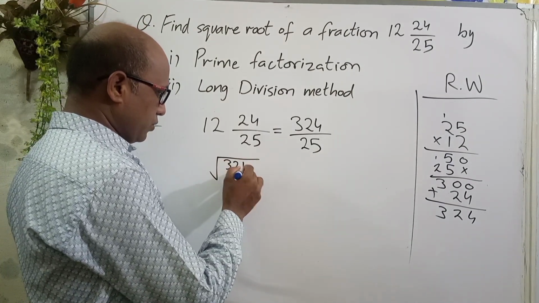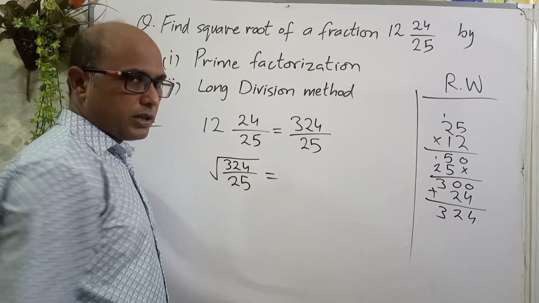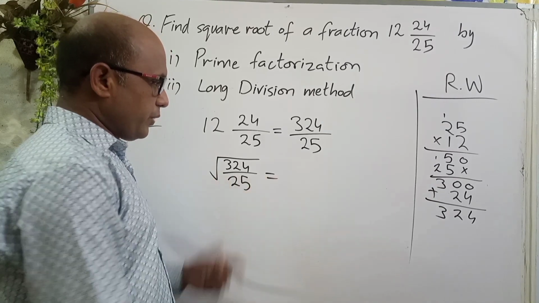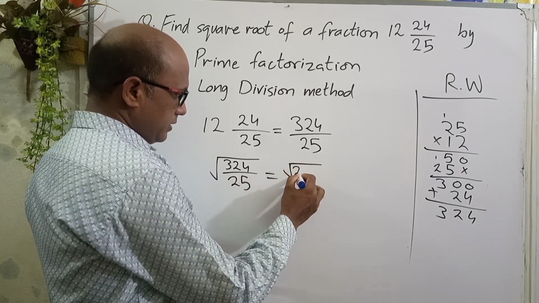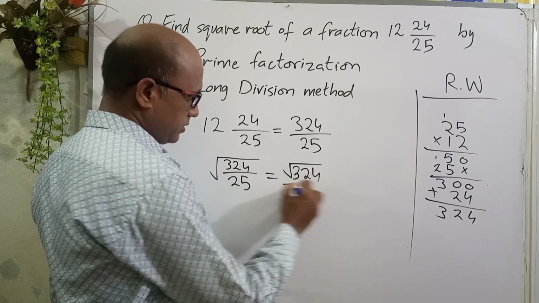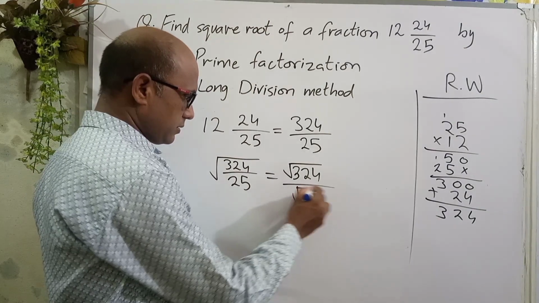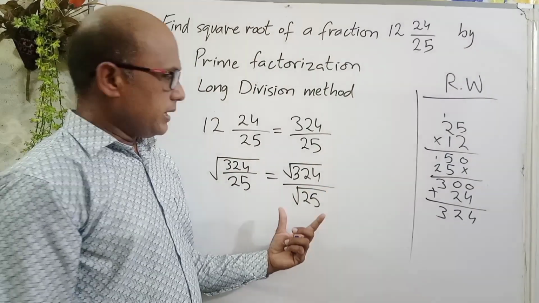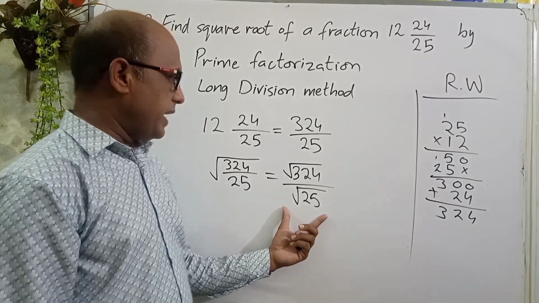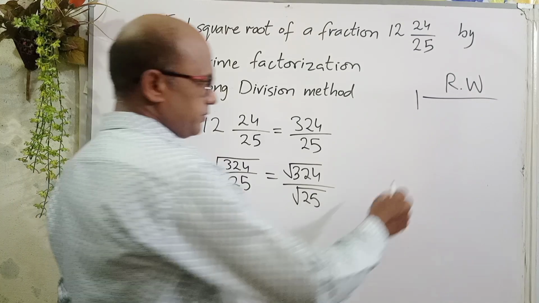By taking the square root, on the other hand, we can separate the square root, the numerator and the denominator will be separated. Now, because we have to find the square root by prime factorization,